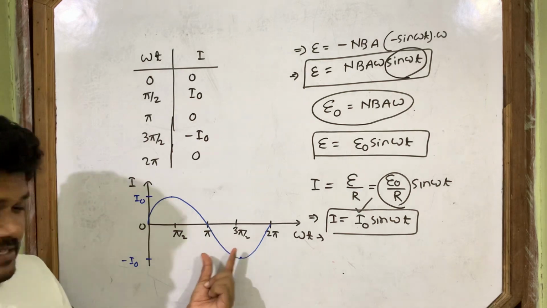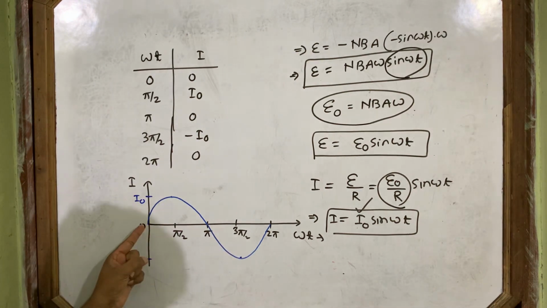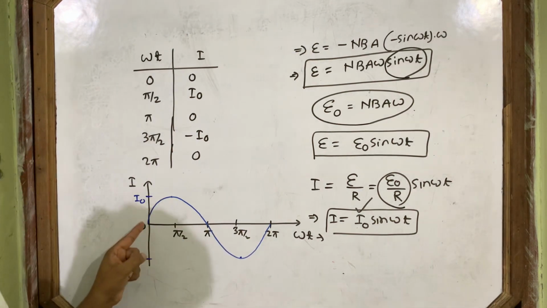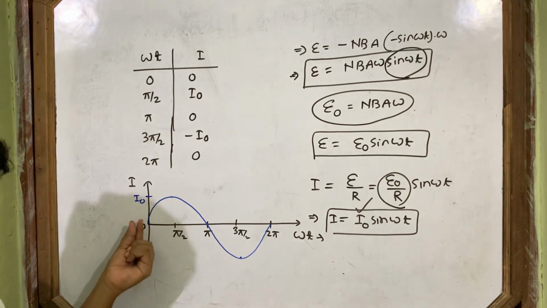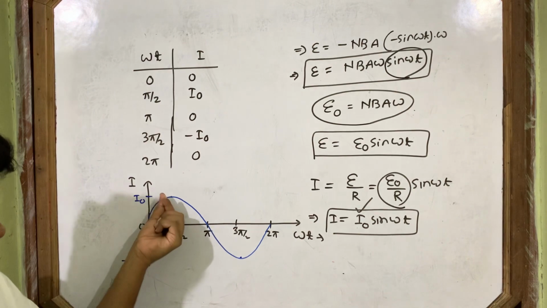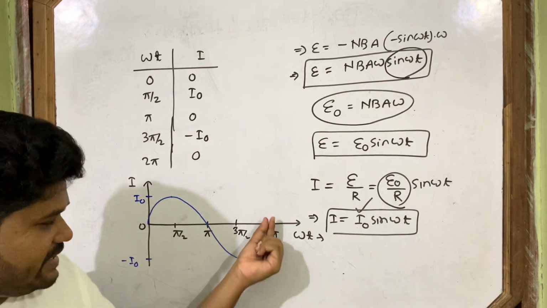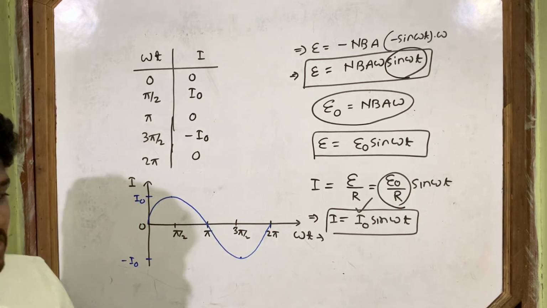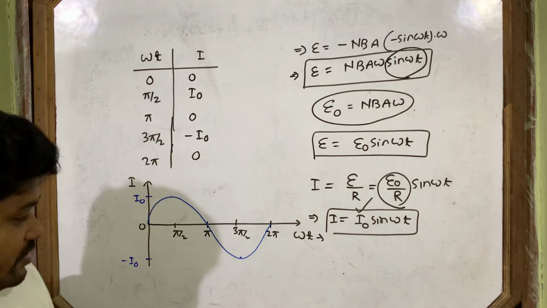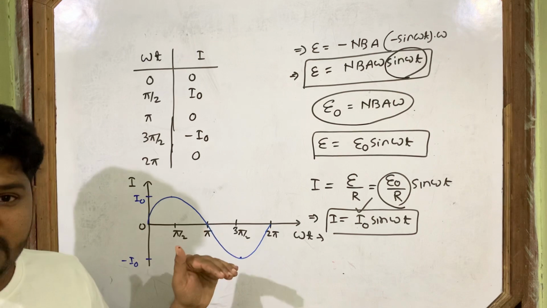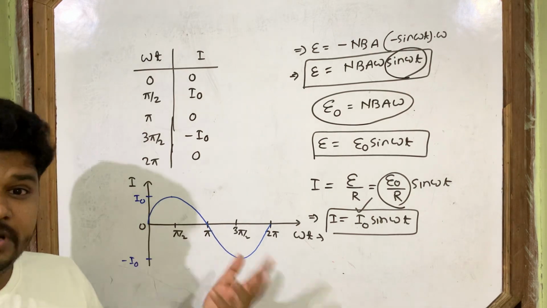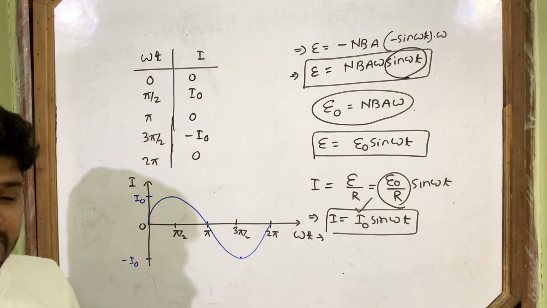Can you mark this current? Current is not at all constant. Always the current changes its magnitude. At every instant the magnitude increases, becomes maximum, then decreases, becomes negative, then again increases and decreases. Not at all constant. And in between, the current becomes zero many times.